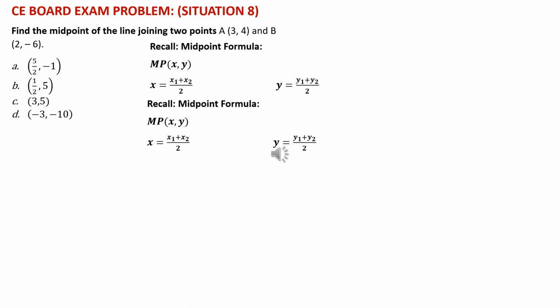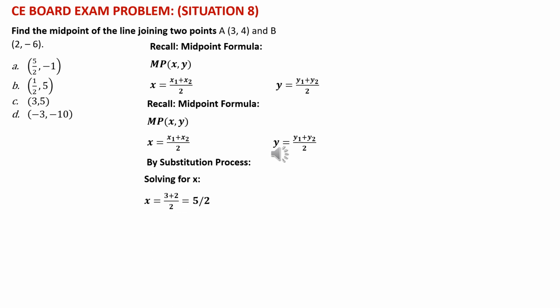And in order to solve this given board exam problem, let us have a recall first of our midpoint formula. We have MP of x and y, wherein we can calculate x as x sub 1 plus x sub 2 over 2. And to calculate for y, we have y sub 1 plus y sub 2 over 2. And then afterward, by substitution process,